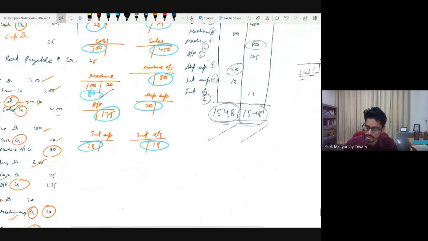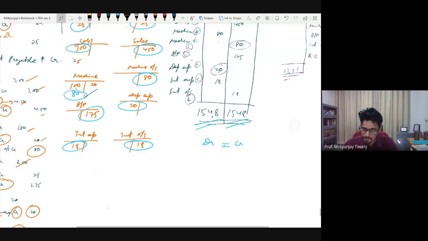We totaled it and we found out that the total is equal. It is not by chance that for this example, this total is equal. It will always happen so if things are done correctly. Why will it happen so? Because every time we were providing a journal entry, for every debit we provided a credit of equal amount. That is why it has to happen. Then after this, what did we do?